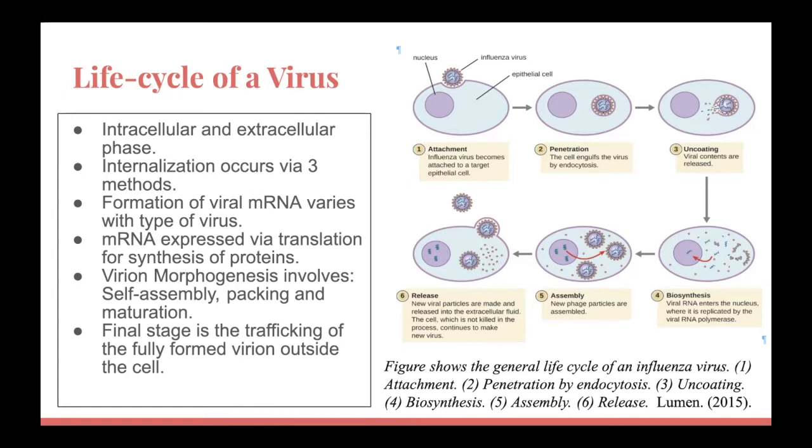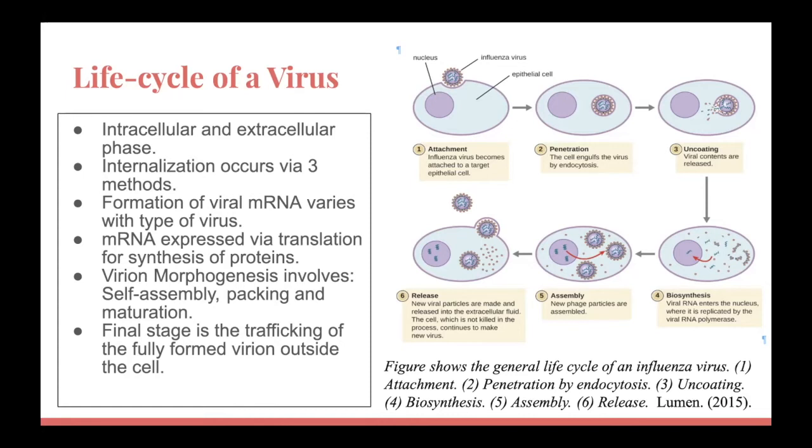Simultaneously to self-assembly, the new viral genome is packed inside the capsid to form the nucleocapsid. Packing can trigger the final stage of viral morphogenesis, the maturation of the assembled virus to form a virion capable of infection. However, some varieties of virions do not undergo maturation until after being trafficked out of the cell. Finally, the life cycle is concluded with the releasing of the virion from the cell, so the virion re-enters the